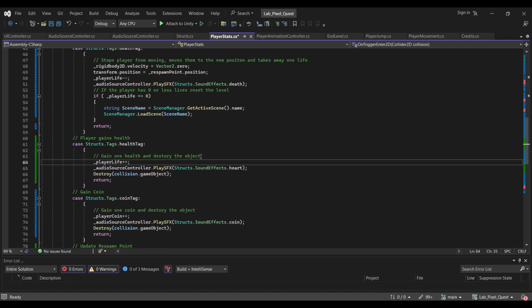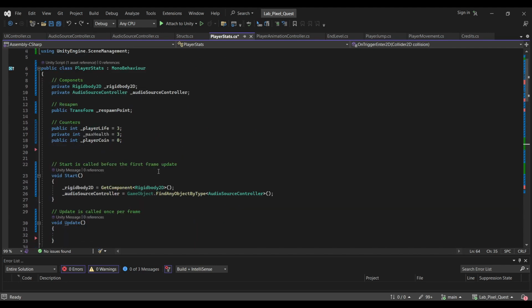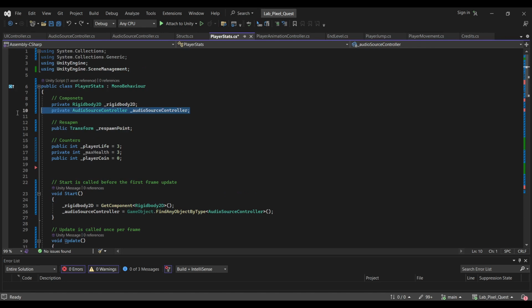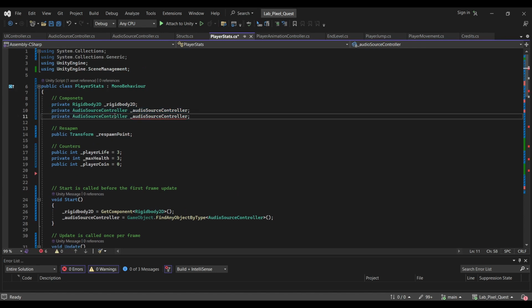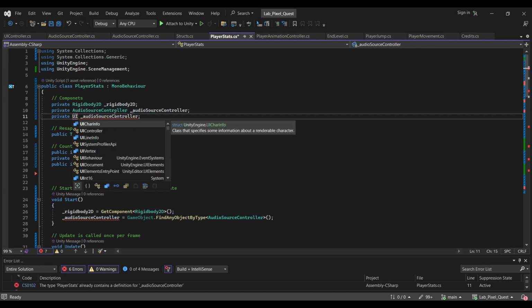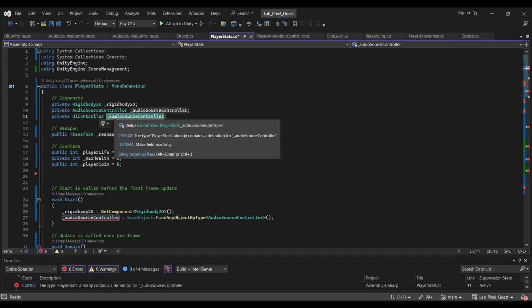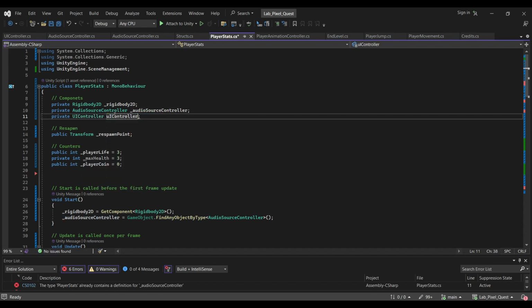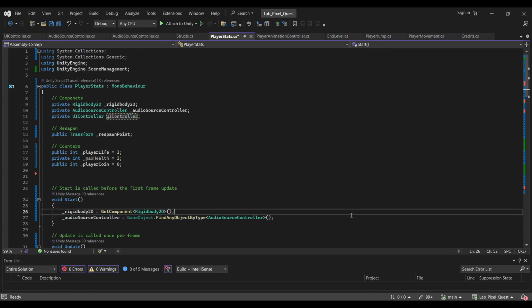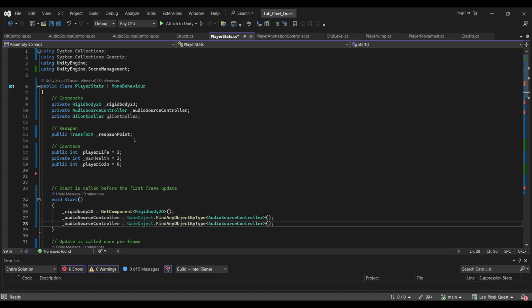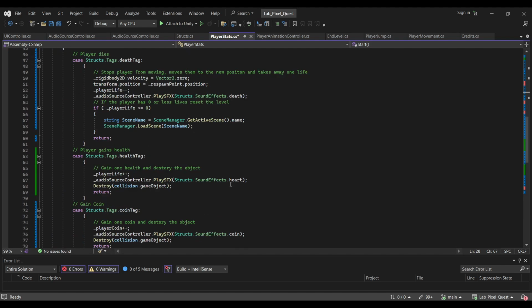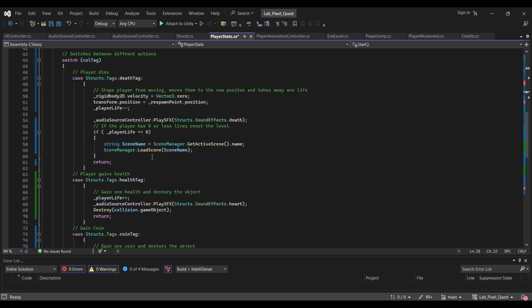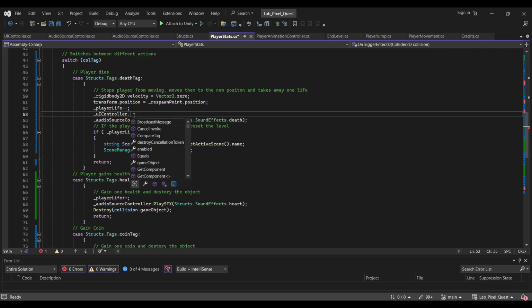We're going to go into our player, but before that we have to get a reference to this object. So we're going to do a UI controller. We're going to create a variable called UI controller, and just like before, we're going to find and attach it at the beginning of the game. UI controller, so that we can actually use it here. So in our death tag, we're going to go UI controller dot